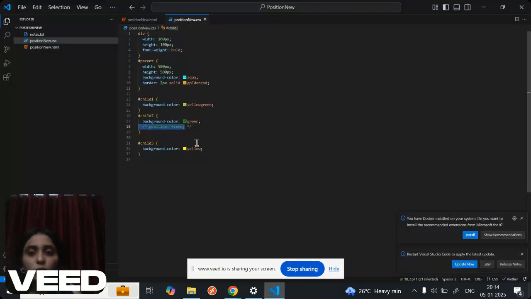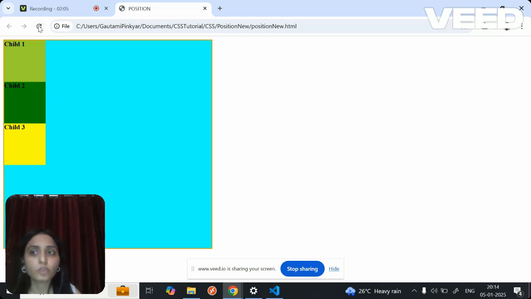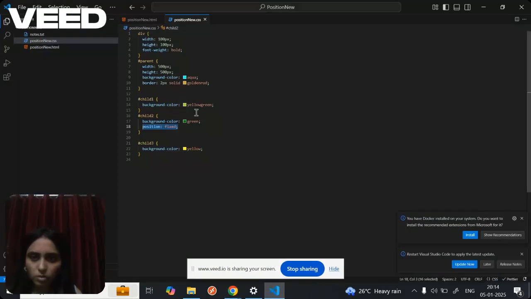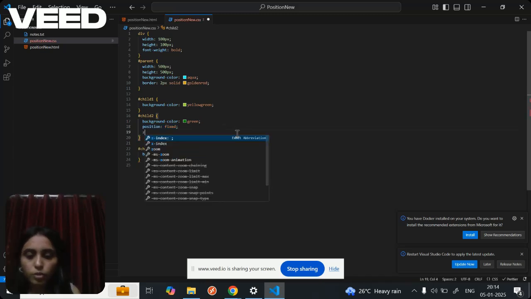But when you give a position as fixed, its position will be removed from the normal flow of the document. And whatever space was occupied by child 2 will be removed, so child 3 will automatically take the place of child 2, because there is some space left by child 2 which is being removed. So let me show you one more thing, how we can see child 3 actually. Child 3 actually exists beneath child 2. So let me keep the z-index of child 2 as maybe -1, so that I can show you the position of child 3.